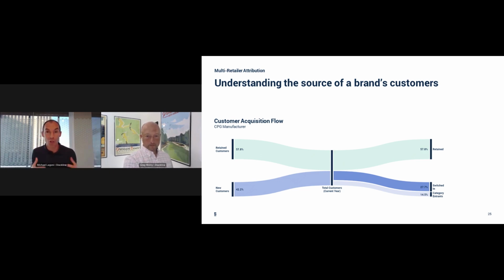42% of their customers are truly net new and first-time buyers of the brand this year. But there's really a difference between those new customers. Some of those customers are new and switching in, meaning that they might be new to this brand, but they've been buying in this category for a long time. They've just been buying from competitive brands. So we refer to those new customers as the switch-in customer type because they're really switching into your brand